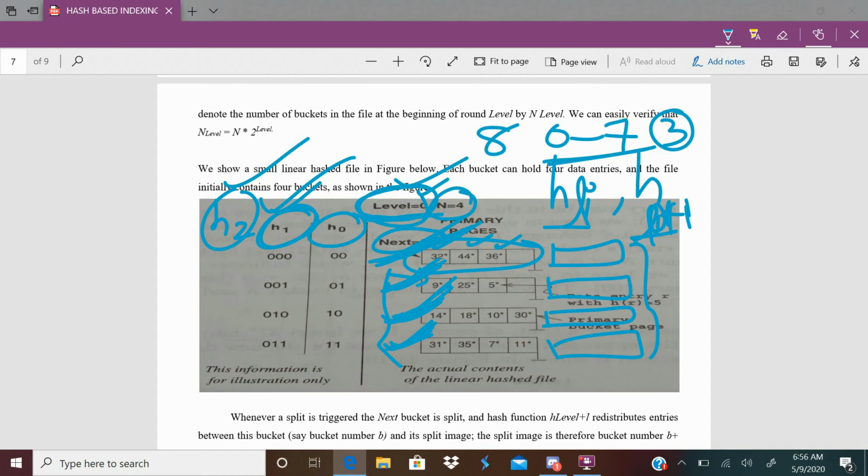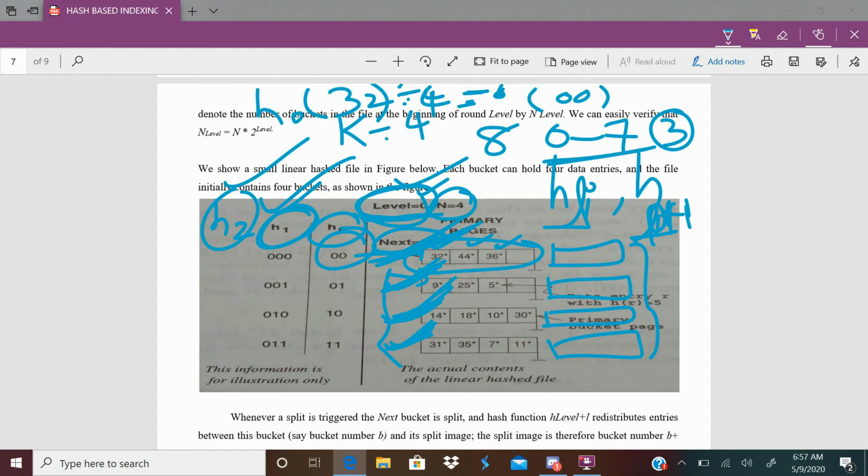Because 4 buckets are there, what hash function does it need to use? K mod 4. What is 32 modulus 4? It is 0, which in binary is represented with 2 zeros. So 32 is identified by hash function h0: h0 of 32 is 32 modulus 4, which is 0, so 32 is in the 0th bucket.